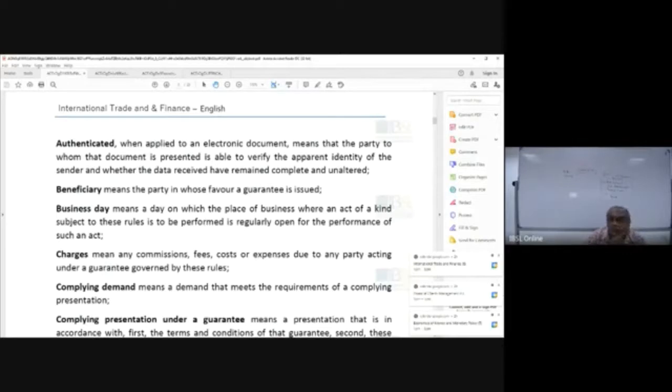Then Article 2, definitions. Right? What do you mean by authenticated? What do you mean by beneficiary? It means the party in whose favor a guarantee is issued. Business day means a day on which the place of business where an act of a kind subject to these rules is to be performed. Charges means any commission, fees, cost, expenses incurred during the operations. Compliant demand. What do you mean by compliant presentation under the guarantee? Right? All those things